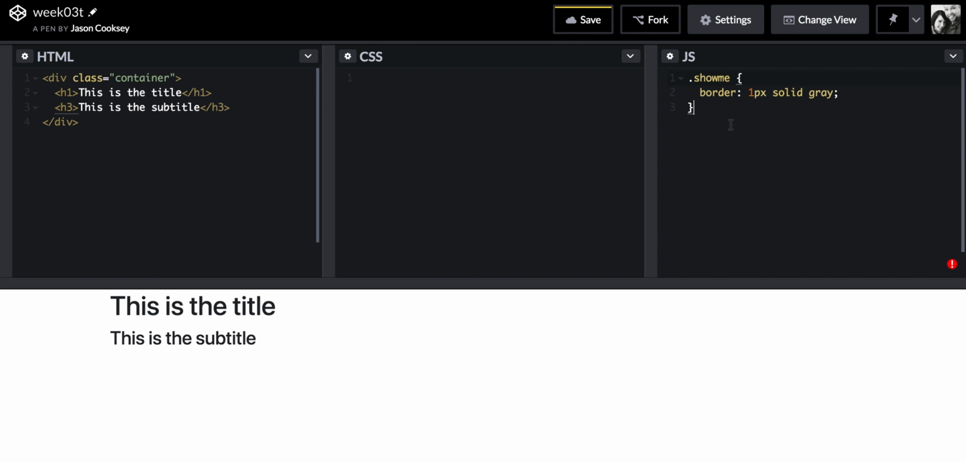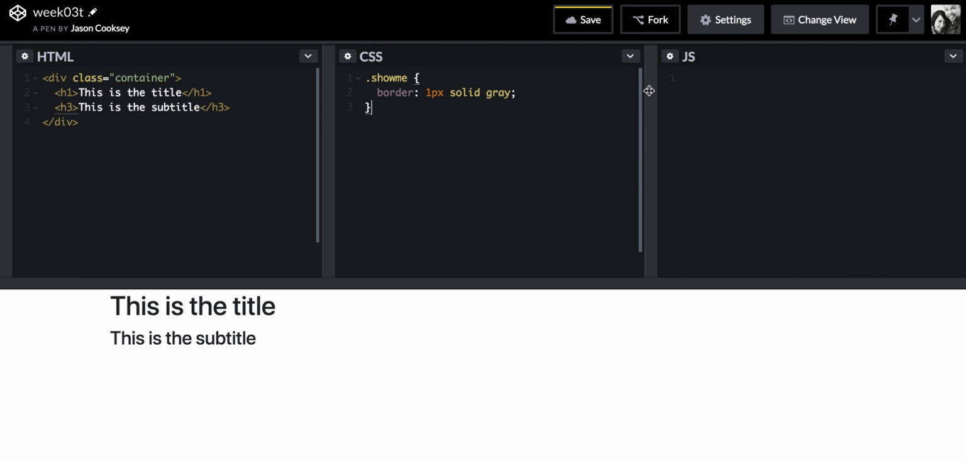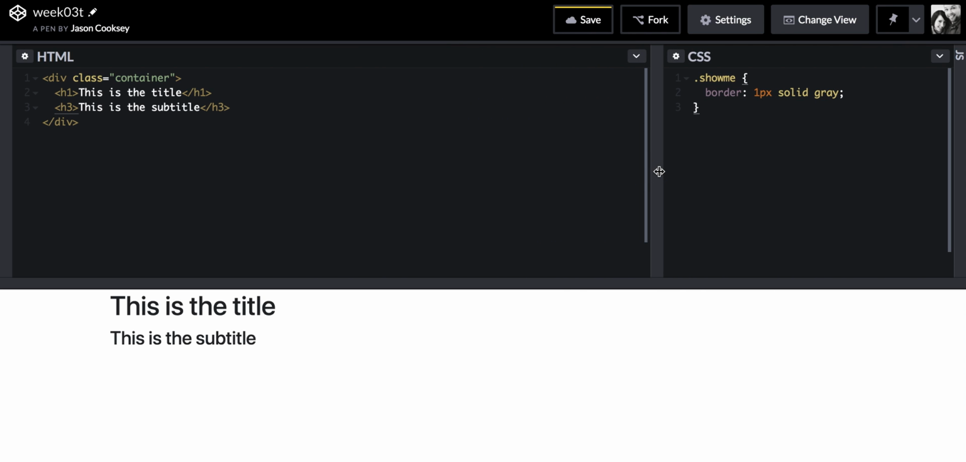What's happening here? Oh, don't put it in JS, put it in your CSS. Okay. Anyway, so now I've created the show me class,